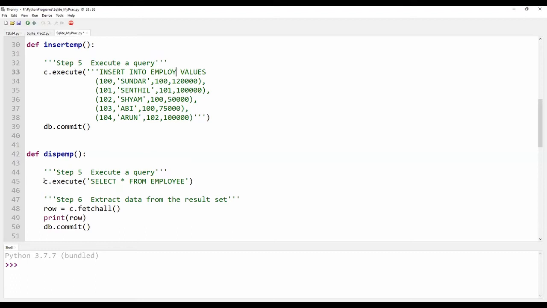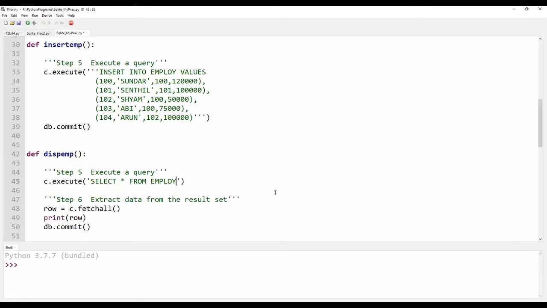From the workspace, I am executing a select on the details of the employee. Till now we have seen only 5 steps, that is, the data is present in the result set.